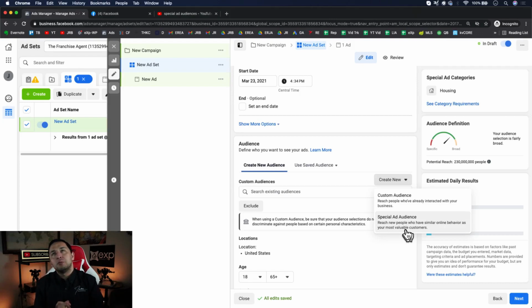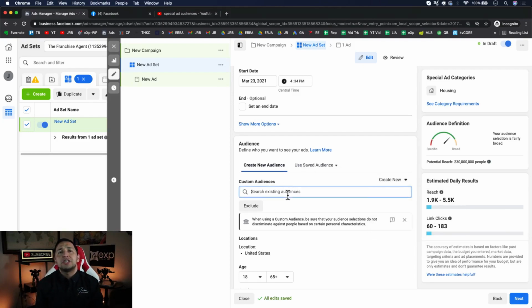So some of you may be saying, well, is that a watered down version of the lookalike audience? Yes, it is. I don't know what to tell you. Is this still effective? Yes, it is. So anyway, make of that what you will, but now you know the differences. So the special ad category and the special ad audience, that's something that is very, very important.